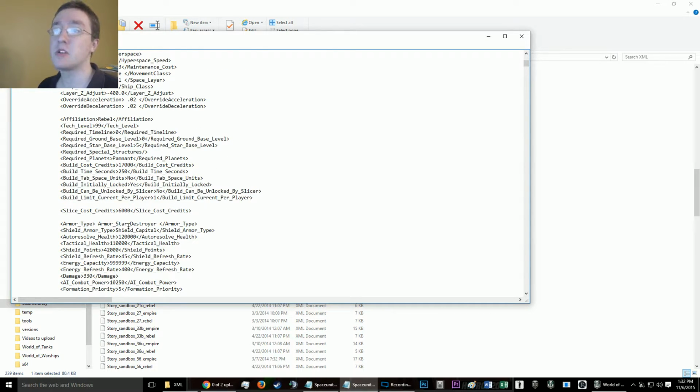Armor type, Star Destroyer. It's going to be more resistant to physical attacks, not on the shields, but the hull itself, to where it's going to take more damage